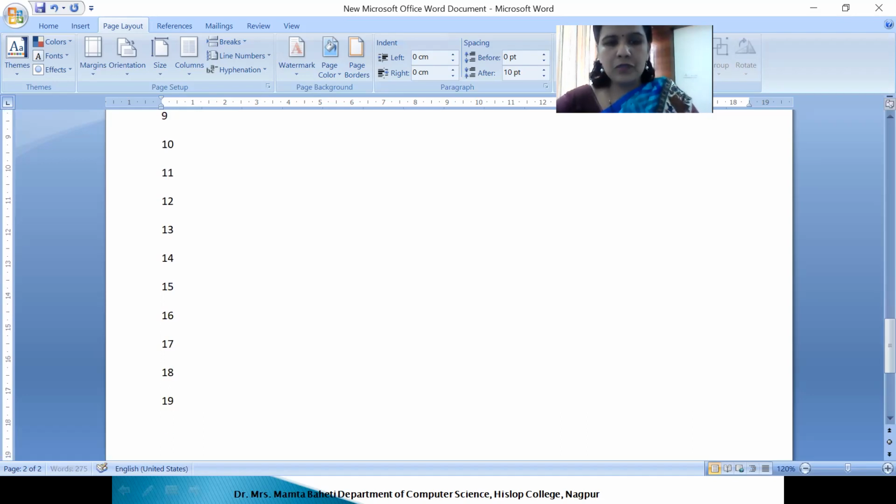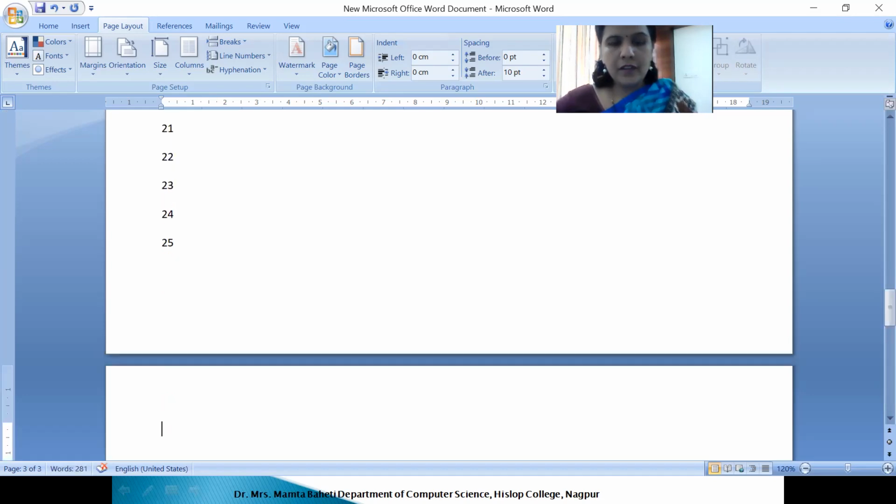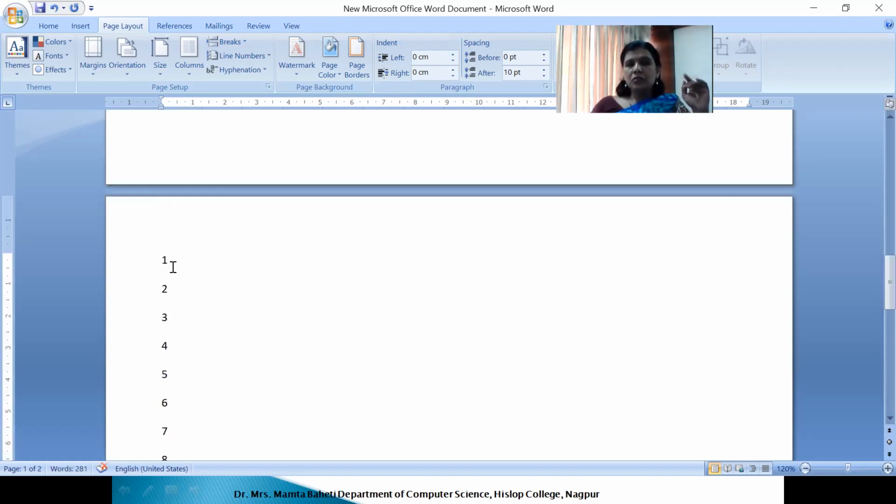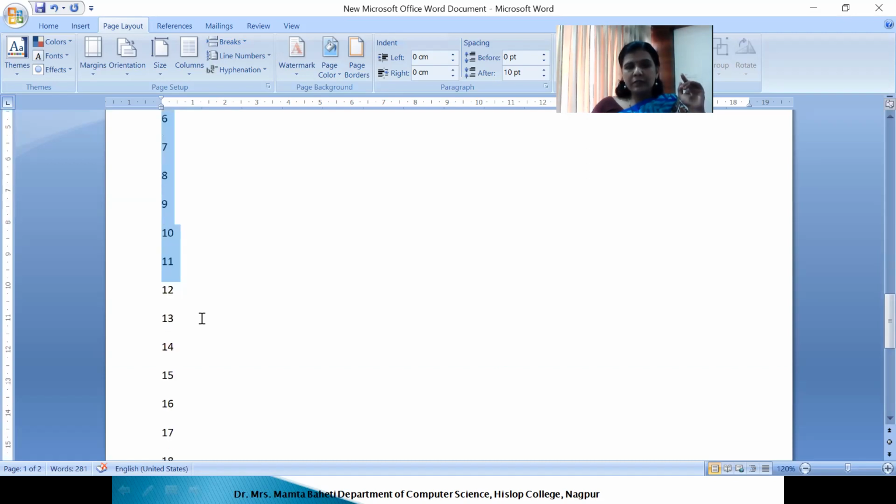Suppose I have 25 values lined up one after the other. To access them in one line is very difficult.